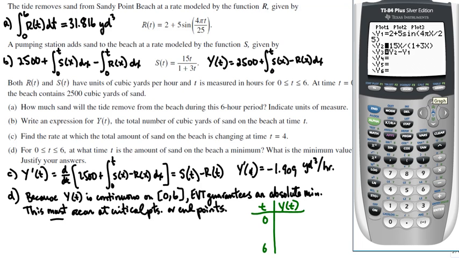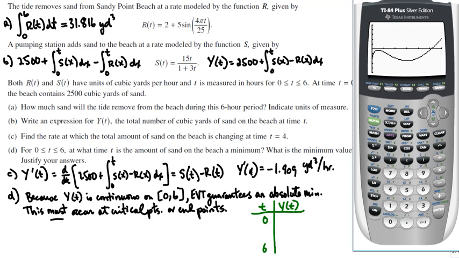I need to set up my window. My x values should go from 0 to 6, which I have by 1. My y values will go from -5 to 5. You can try something else. And you can see from this that there's only one critical value on that interval, and it occurs somewhere between